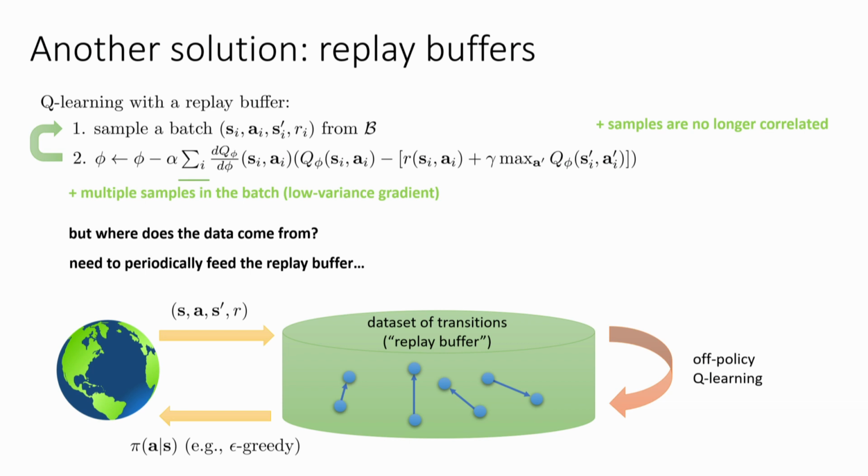And then you can still collect more data to make sure to periodically refresh this thing. For example, if your initial policy is bad and never visits high reward states, then refreshing the buffer periodically ensures that as your policy gets better, you actually put some of those good states in your buffer and train on them. Does anybody have any questions about the replay buffer?